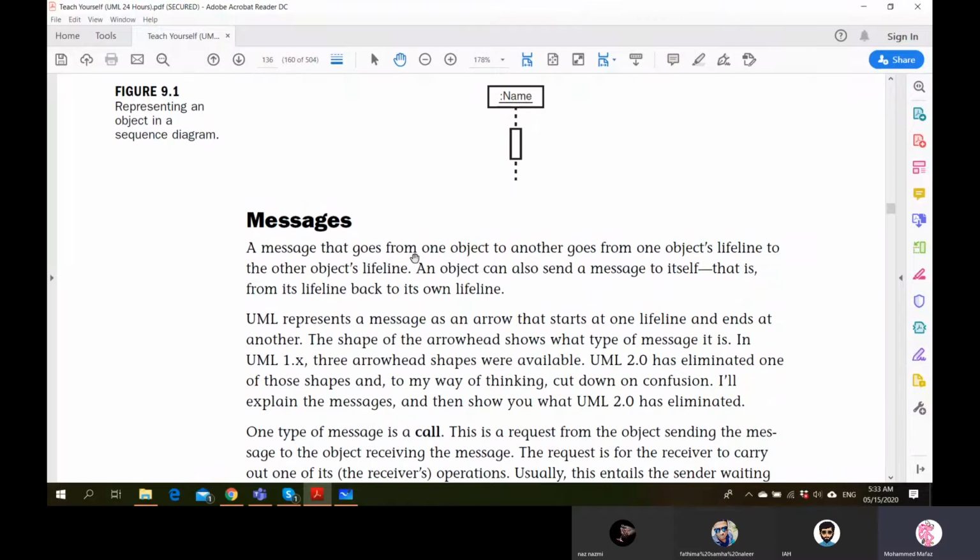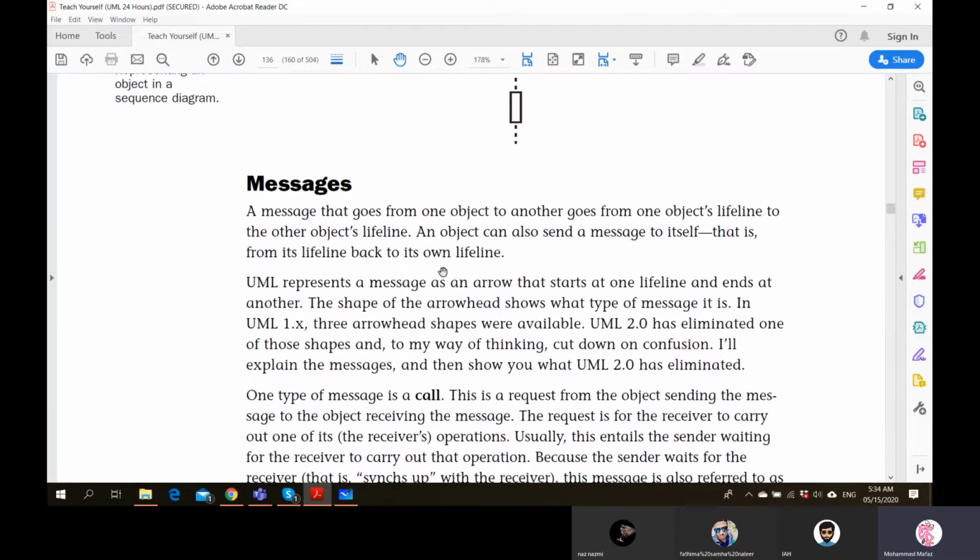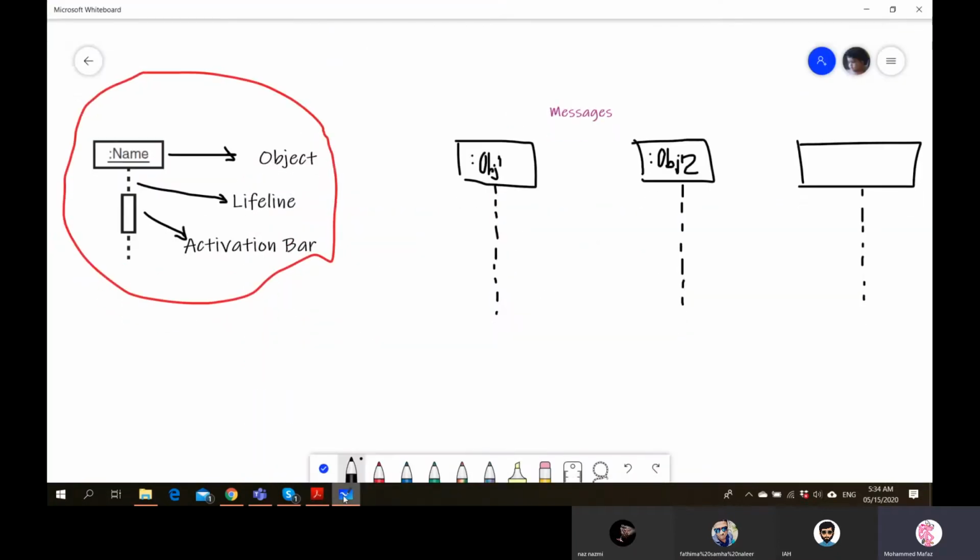A message that goes from one object to another goes from one object's lifeline to another object's lifeline. An object can also send a message to itself, that is from its lifeline back to its own lifeline. Right? So how do we understand that? Let me go back to the board here.